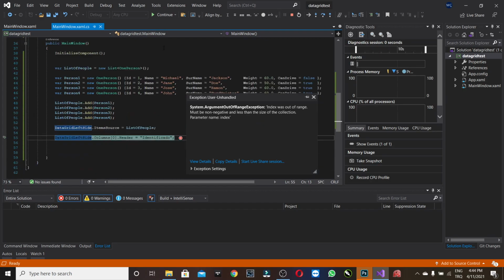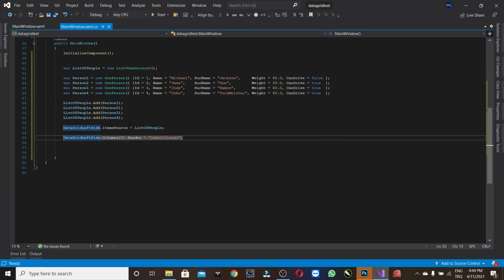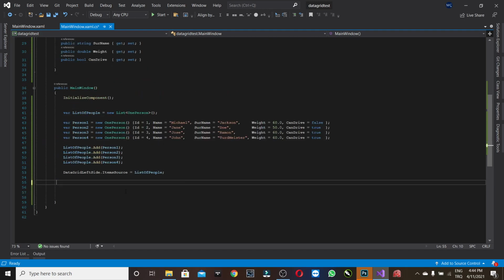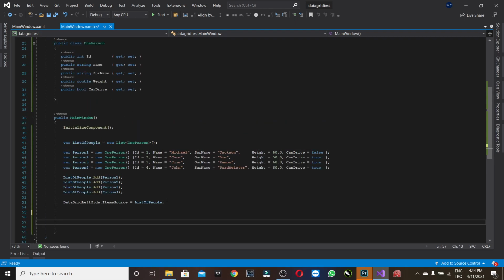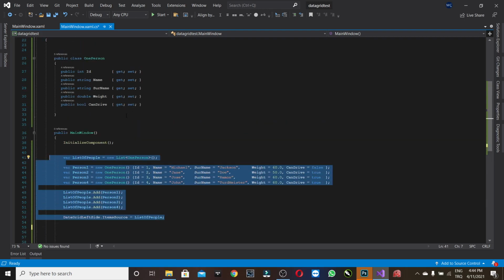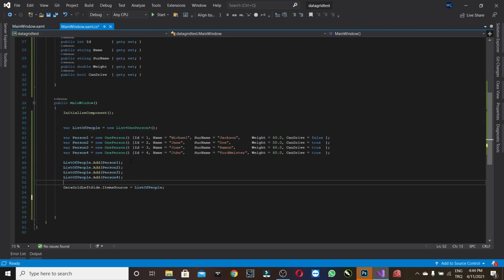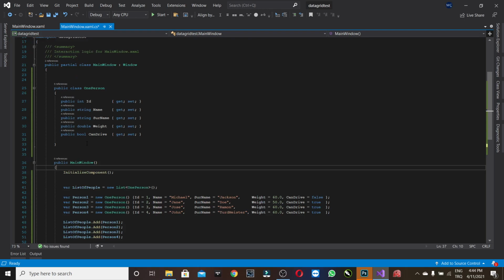The columns are 0. Automatically generated columns are not possible to be modified here. As you see, it limits us. So what will we do? If you want to finish it short, you can use this method, but the more complicated method, not so complicated, but more convenient method is,